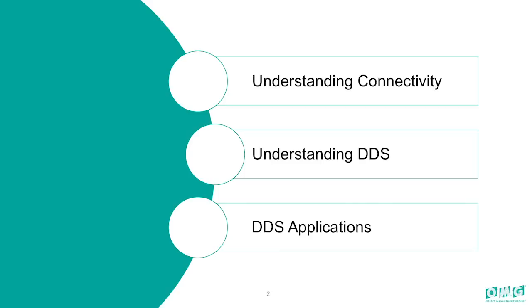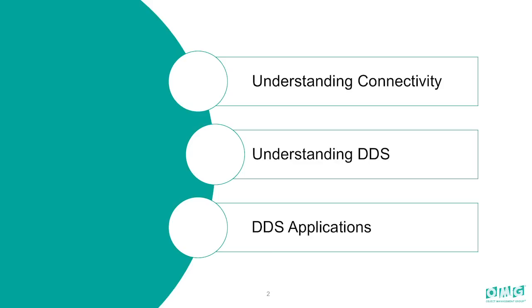So what I want to do is organize my presentation into 3 topic areas. First of all, understand the challenges and goals of connectivity, because there are a lot of connectivity technologies out there you are probably aware of, and how do they all fit together? And why did we take the time to develop all these specifics at the OMG? Second, give you a little more detail on what DDS is, and how it is different from those other connectivity technologies you may or may not have heard about. And then a brief overview of DDS applications, and then I'll cover security aspects in the last part of the presentation, just so you understand how this fits with the presentations we've seen this morning on information